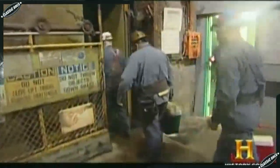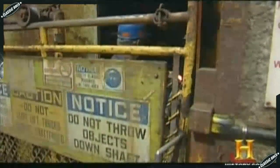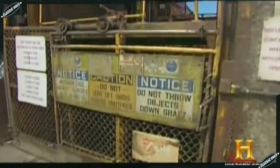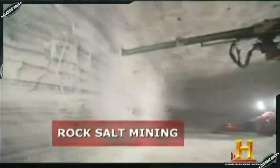And it's what miners in Cleveland, Ohio have been busily extracting at the Cargill Salt Mine since 1962. The deposit they tap, 1,800 feet directly below Lake Erie, is just a fraction of the mother lode of salt spanning 4 states. They must drive 3.5 miles in darkness to the excavation site. The salt they mine here is part of the roughly 46 million tons of salt produced annually in the U.S., 1/5 of the world's